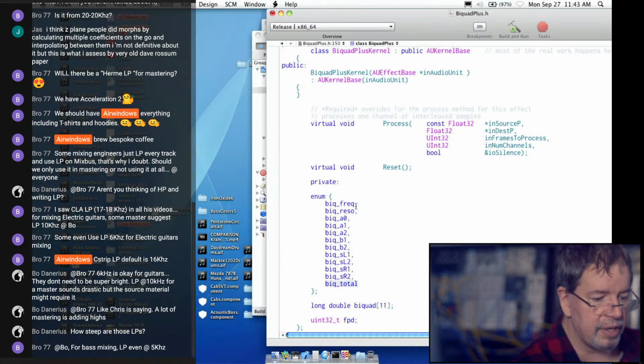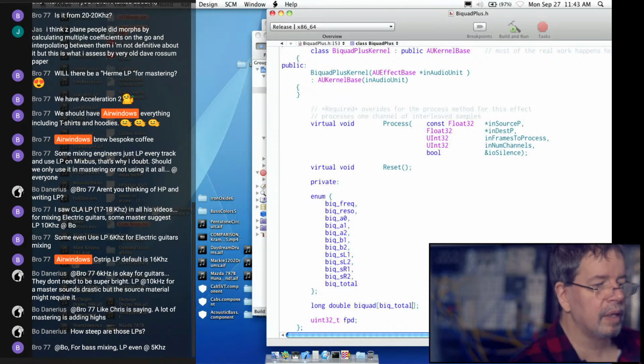Let's see if we can do this. 0, 1, 2, 3, 4, 5, 6, 7, 8, 9, 10, 11. This should be an 11. Let's see if we can instantiate the variable using this enum. Will it build? It builds.